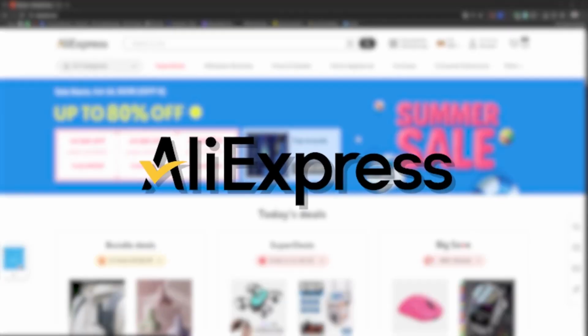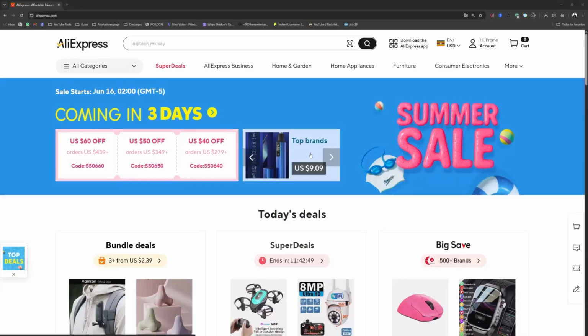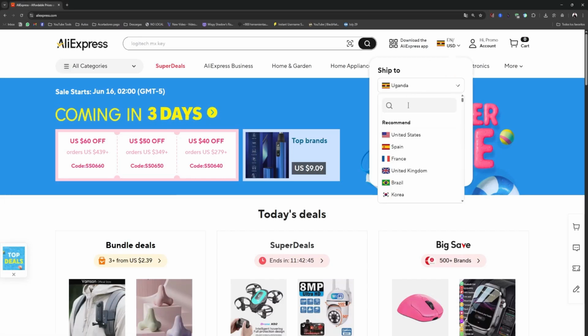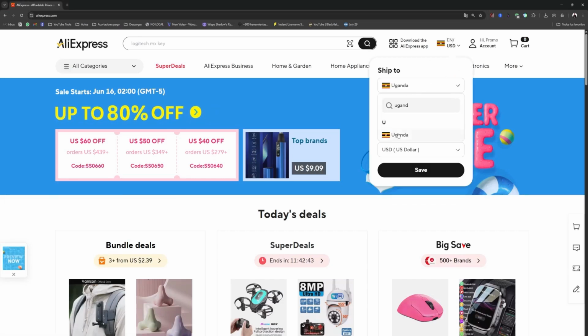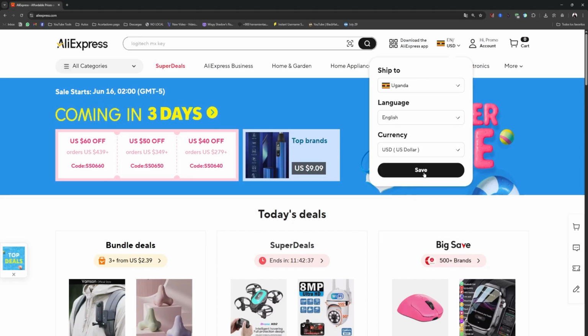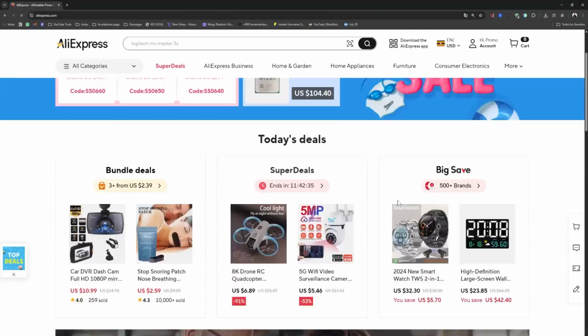How to buy on AliExpress from Uganda. First, on the app or website, go to the flag, select your country, and if you want, change the language and currency. In this case, I'm going to leave it in US dollars, and now let's see how to make